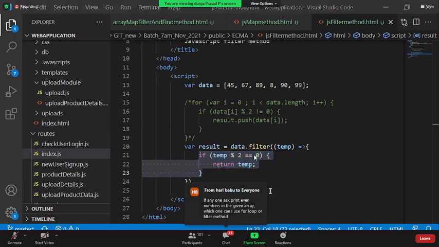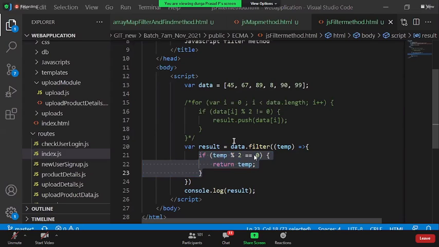Am I clear here? Sir, we can achieve this requirement through map also, previously. We can achieve it through map. Yes, see, sir, map is getting applied on each and every value. If you give 5 values and apply the map method, can you tell me what is the result? What is the length of the result?